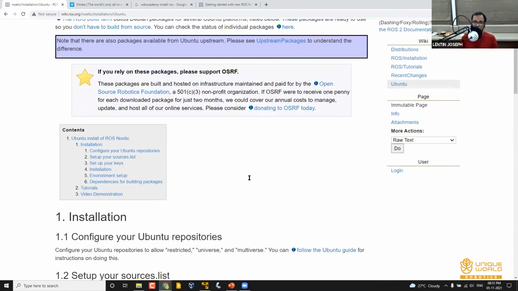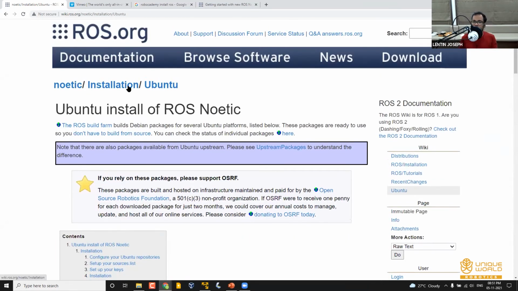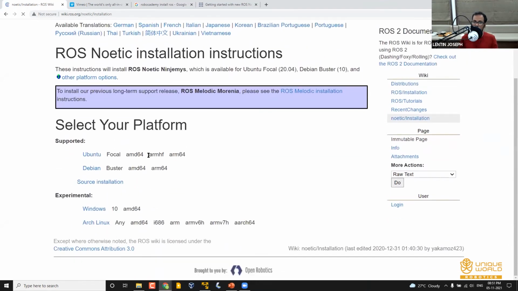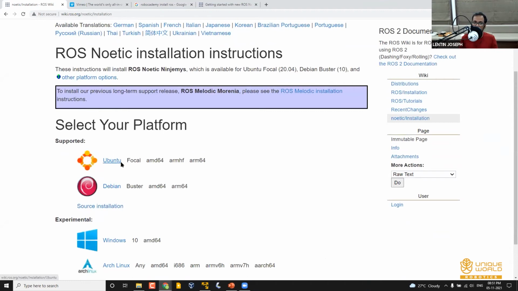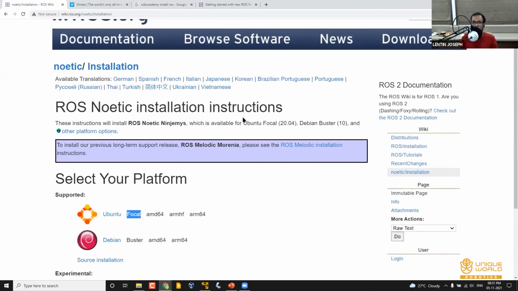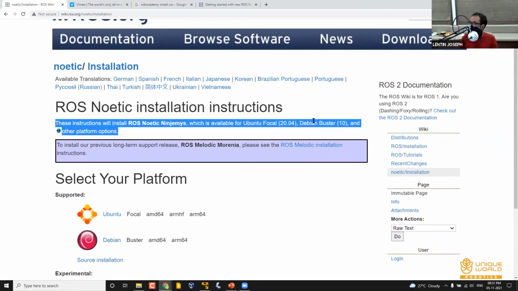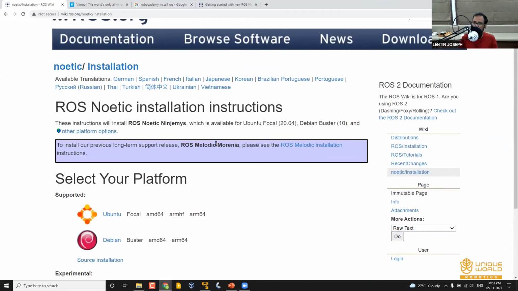Currently Ubuntu 20.04 is the only one supported for Noetic. For ROS Melodic, which is the previous distribution, you can install it on 18.04. So you can't install ROS Melodic on 20.04.